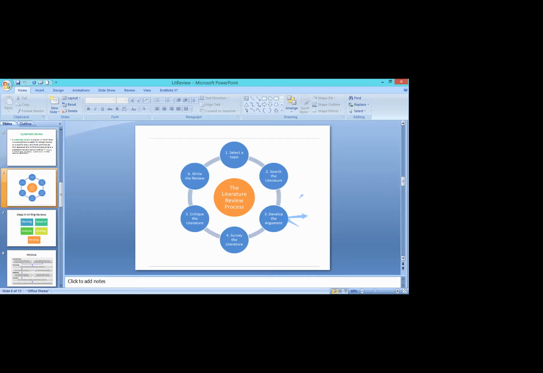So let's do it. How can we do this whole process? It looks like a very simple thing, but actually when we are doing it, it is only practice that makes a man perfect. When we are doing it, it gives us more clarity that it is not very simple at all. So the first important thing is to select a topic.